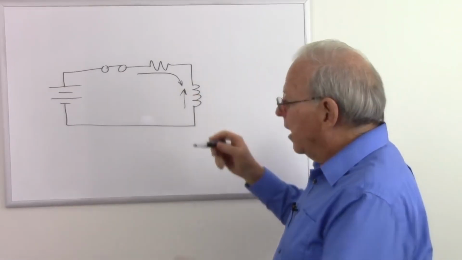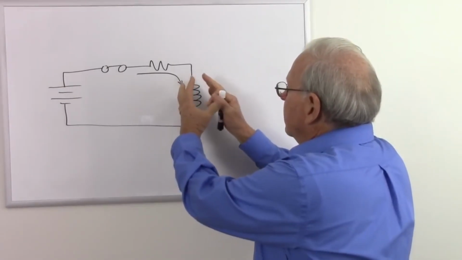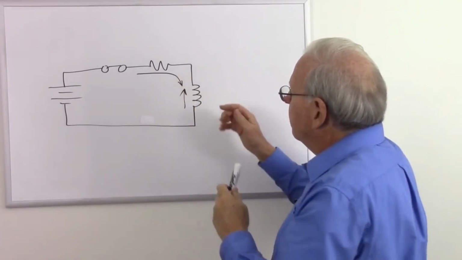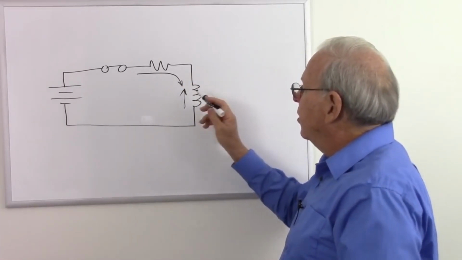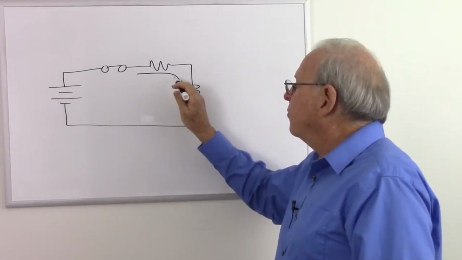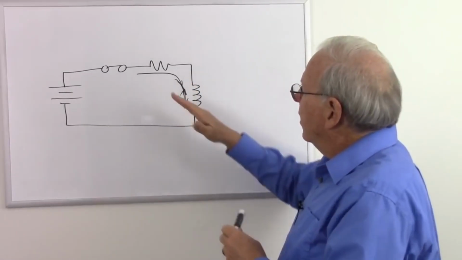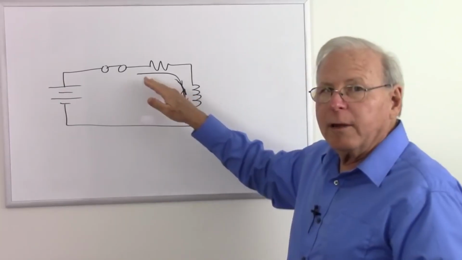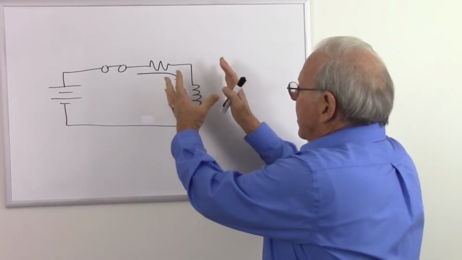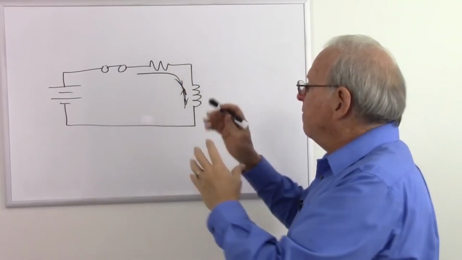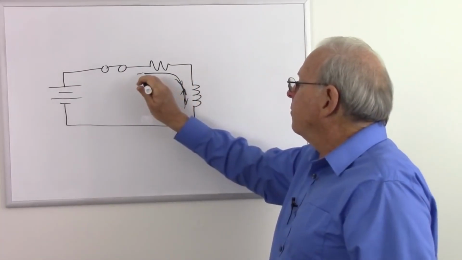Now as time goes by, that magnetic field is going to build and it's going to slow down. It's going to build slower and slower, and as that slows down, it's going to generate less current, and so it's going to start allowing some current to go in there. And so as time goes by, more and more current goes in. That magnetic field is building, but it's building slower and slower,